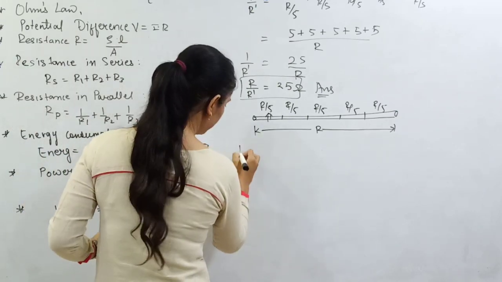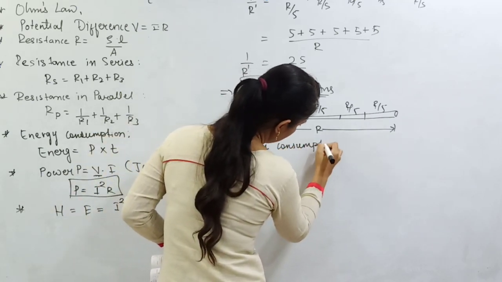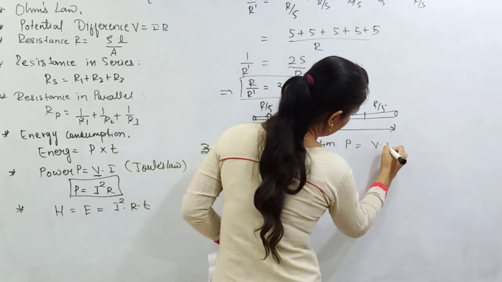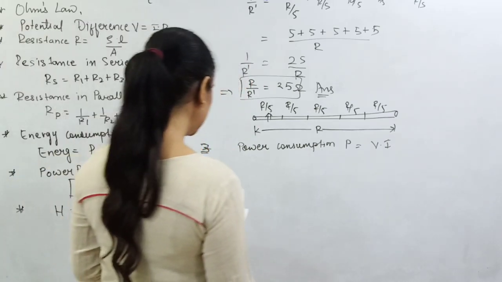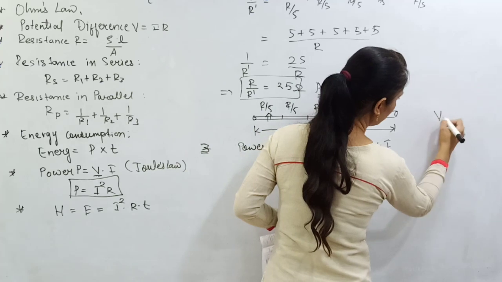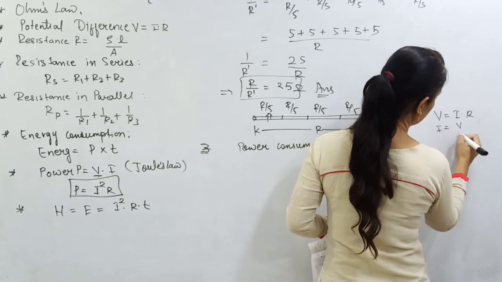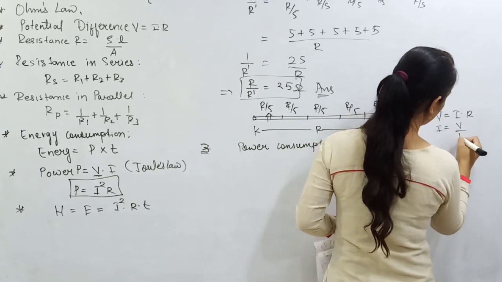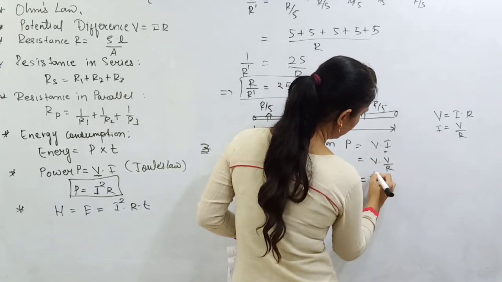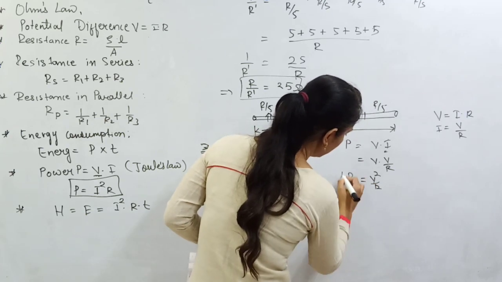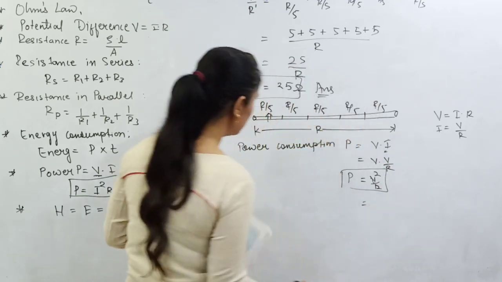So we will go with power consumption P, that is equal to V into I. Now I can replace the value of I. Everybody knows that V is equal to I into R, so in place of I, I can write V upon R. So I take V into V by R, which gives V square upon R. So P is equal to V square by R. That's my equation and I can use it. So just put in the value of voltage. How much voltage is given to you?